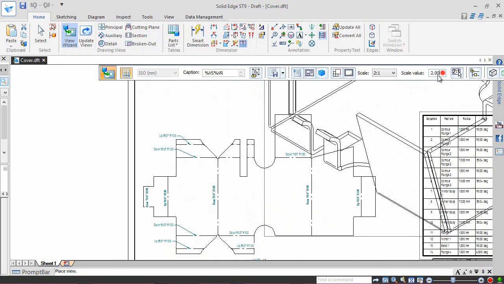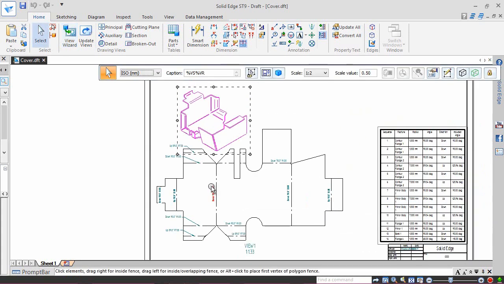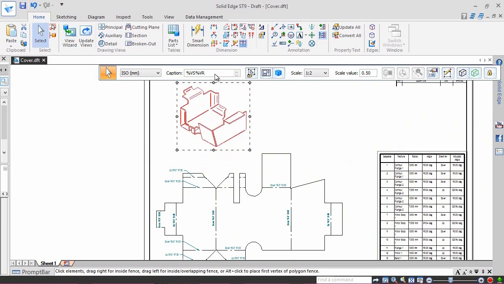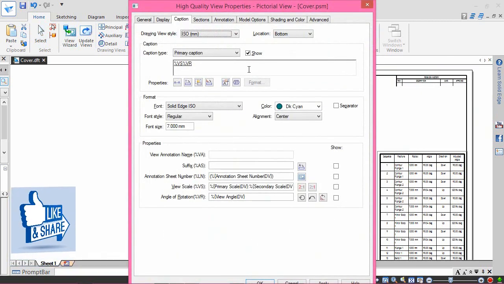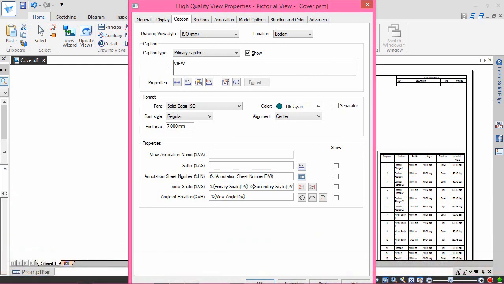Change the scale value to 0.5 and place it in the sheet. Add the caption view two for it as we did earlier along with the view scale.